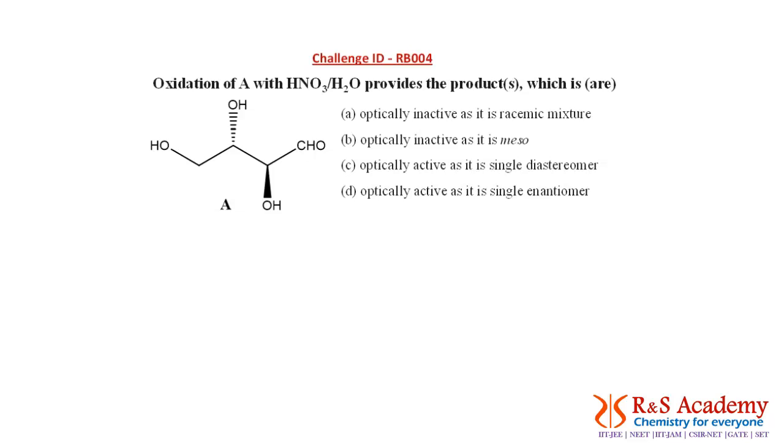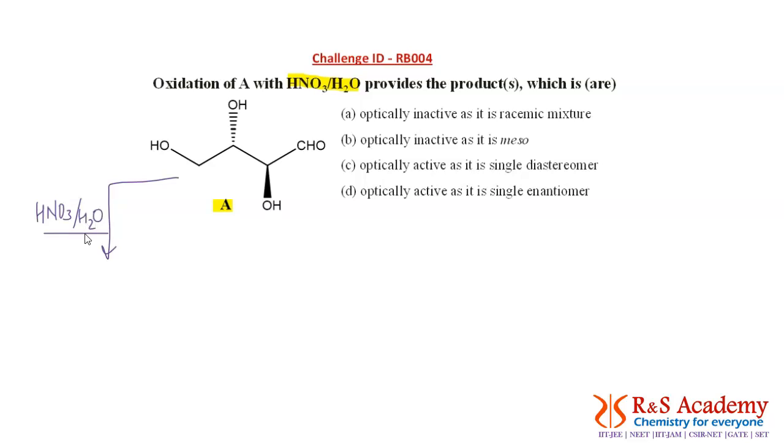In today's question, one compound is given, compound A. This compound on oxidation with HNO3/H2O, we need to predict what kind of product we are getting. So first of all, let us check the reaction. When this compound A is treated with HNO3,